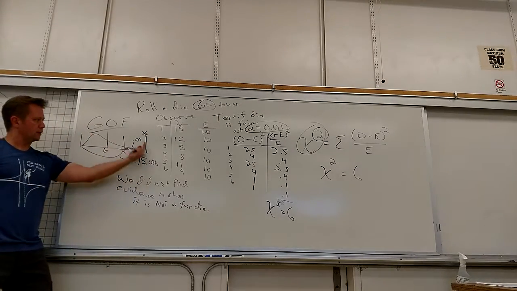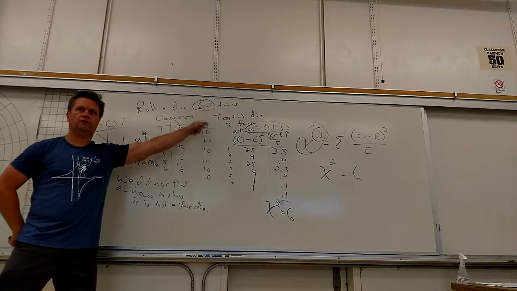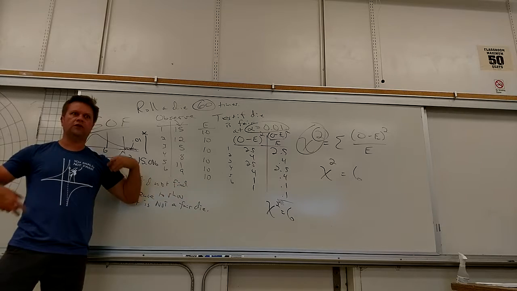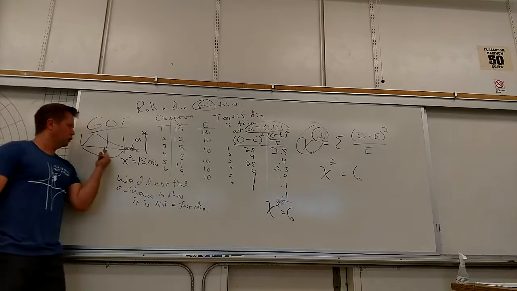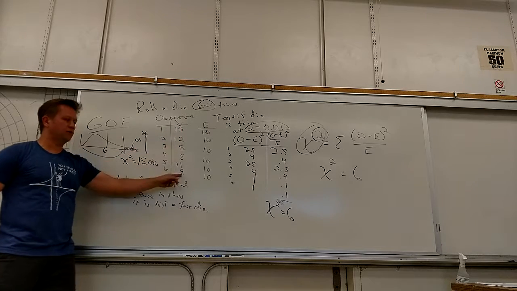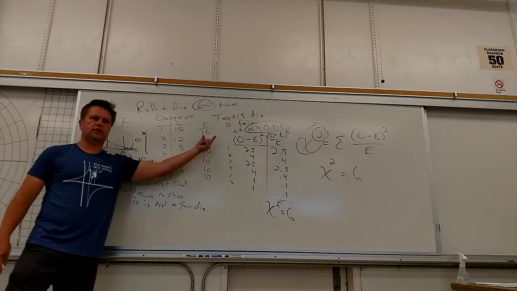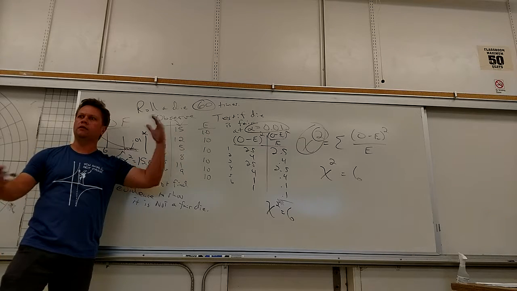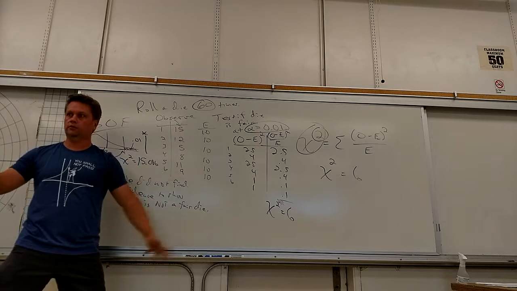So if I would have gotten out here, it would have been evidence that what I saw was really different from what I expected. Different enough to say something is different about this die. Here, it wasn't different enough. So how do I explain the differences? Random variability. I know it's not always going to be 10, and these weren't far enough away from 10 to be evidence that it was more than just random variability.